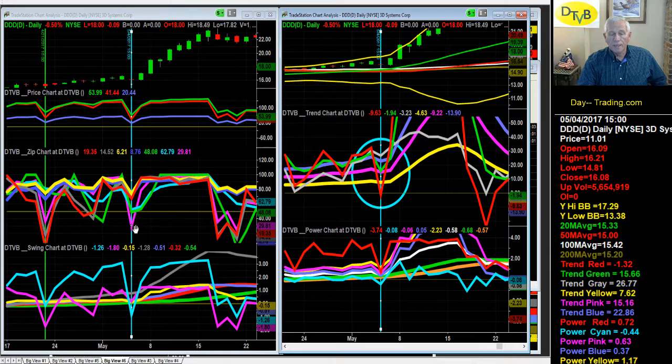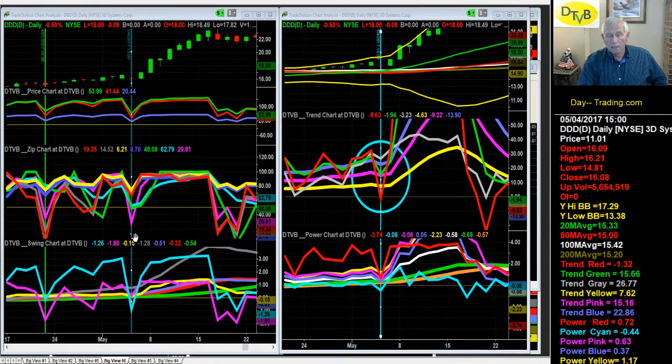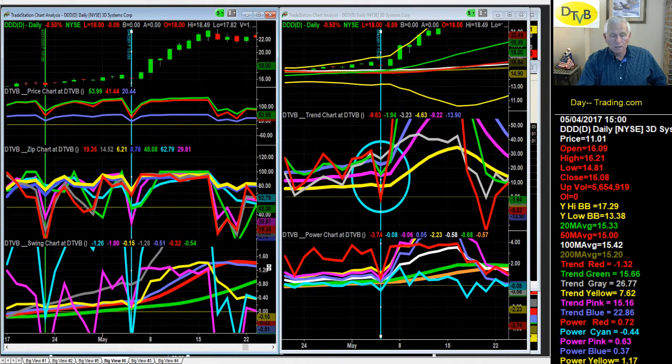Also, trend green and Zion, zip green and Zion, green's at 48, Zion's at 52. Those are both like a down touch 50 line, which means it's going to reverse back up. And one other key element to this is right here, your swing gray is your long-term deep cycle indicator identifying trends. And it is above 0 and heading up, which tells you it's an excellent opportunity for this example to go up the